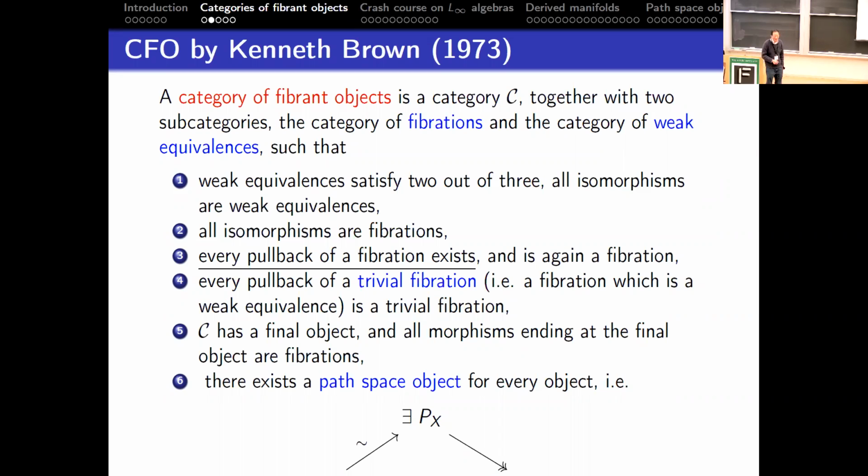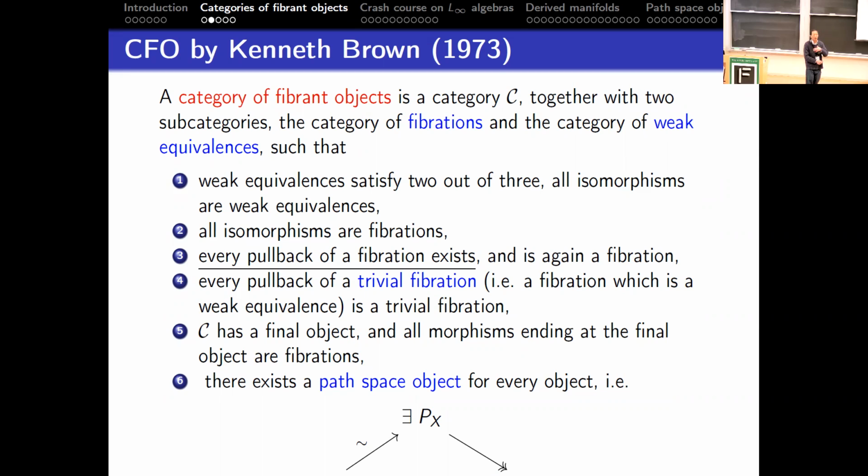But it's amazing. This is a CFO. Very few people, I think, notice this. This is a CFO category, because a lot of people use model categories or those. It's just very complicated. Basically, the idea we're trying to use here is to promote this terminology, which was invented by Brown from Cornell. What is a category of fibrant objects? It is just a category. You have two relations. One is a fibration. One is a weak equivalence. So if you're a geometer,